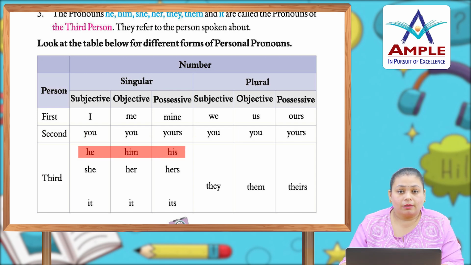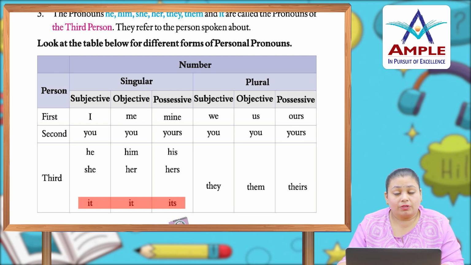He, him, his means related to the he group. She, her, hers. Okay. And it is used for neutral things, like animal, infant, child, and you already know about the neutral gender as well. Now, any place or name of anything is also a neutral thing, so that is why we use it